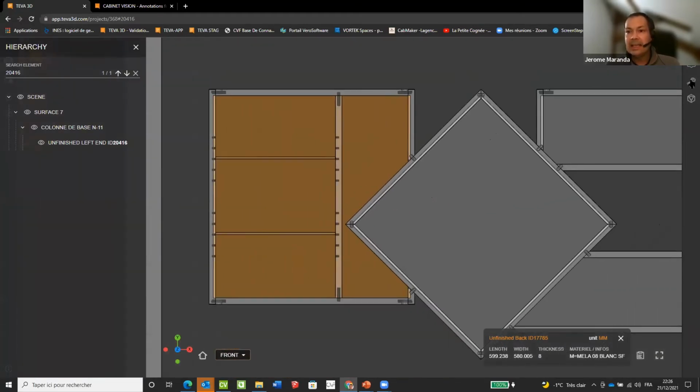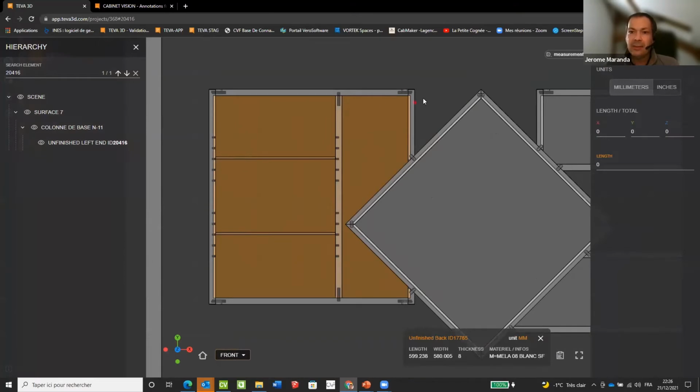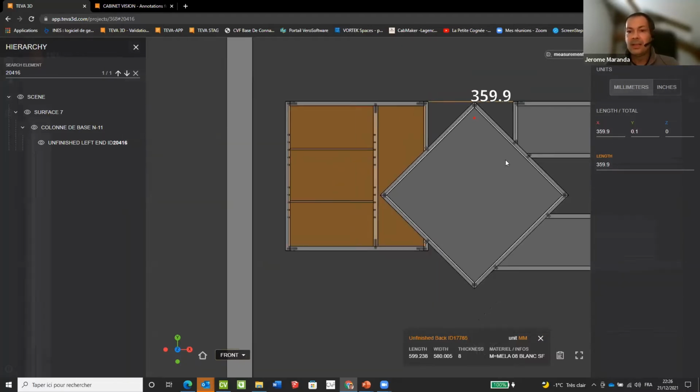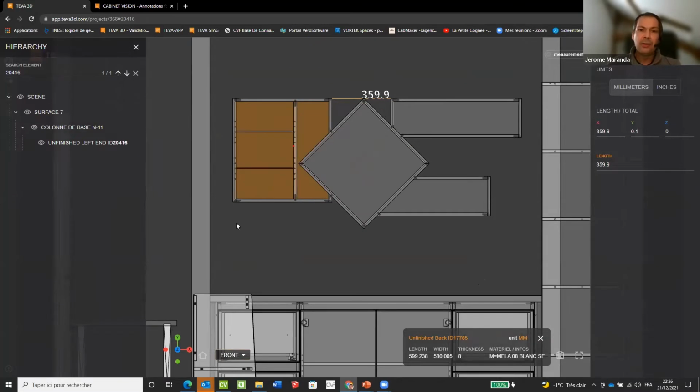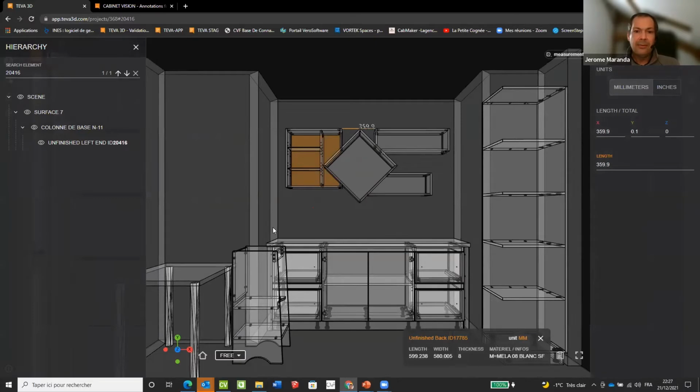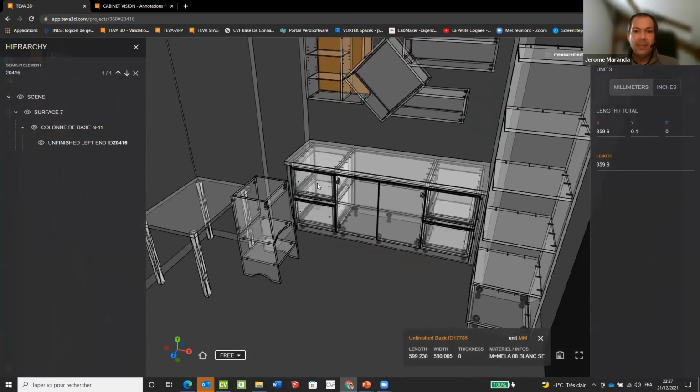I can come here and say I would like to take this measurement to see where we are, and I will have the X value. So it will be easy for the person on the shop floor to open the project and see the details of it. Another use case could be if I would like to see how the filler will react with the